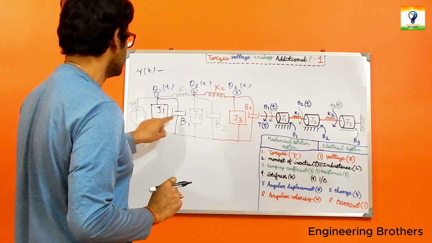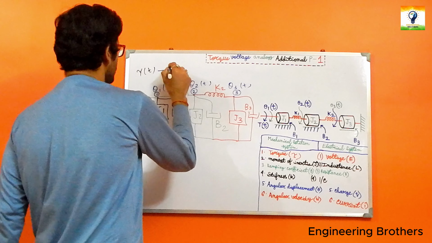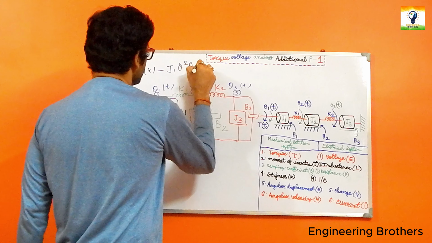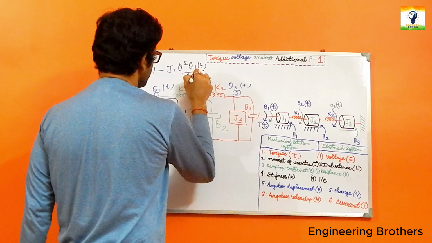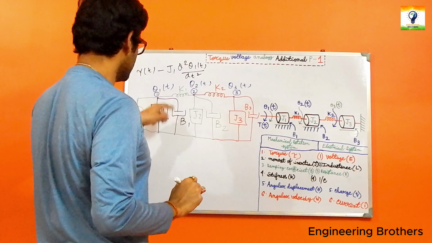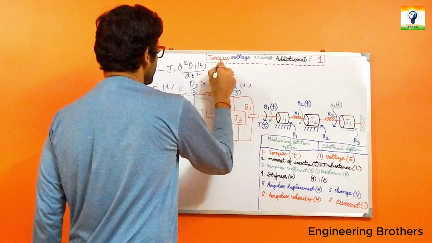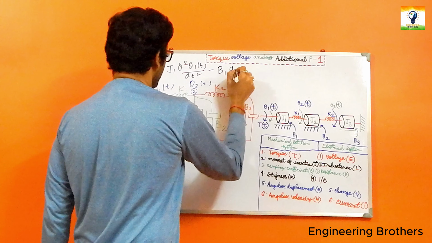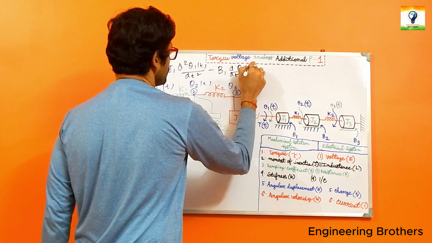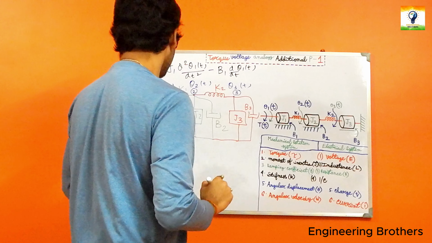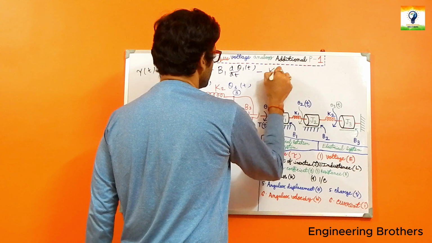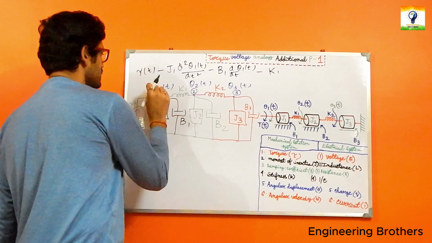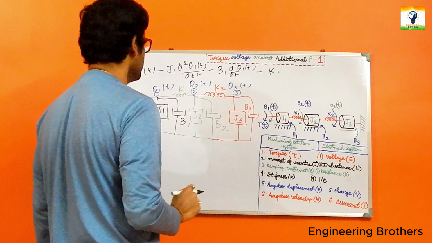The resistive elements are, these are our blocks. So let us just include them over here. So this one will be J1 d²θ1(t)/dt², and the B1 is associated over here, which is minus B1 d/dt of θ1(t), and minus K1. As we have taken that 1 is our reference over here and K1 is placed in between our 1 and 2 over here,